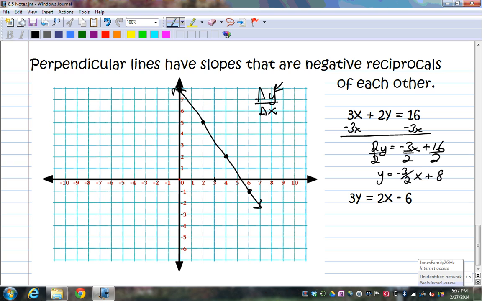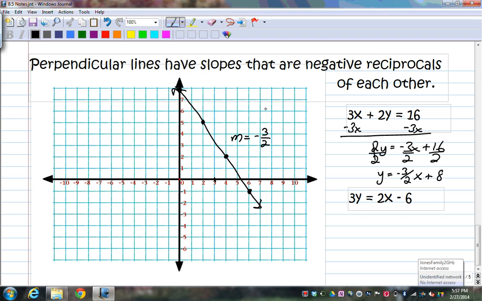Now, think about negative reciprocals. So this line right here has a slope m equal to negative 3 over 2. So first of all, what is a reciprocal? Hopefully you're saying, well, it's a fraction flipped. So 2 over 3. Great. Now, a negative reciprocal, meaning this thing originally is here, negative 3 over 2. What I'm saying is the new one has to be a negative reciprocal of it. So negative